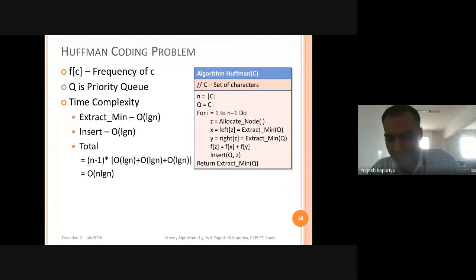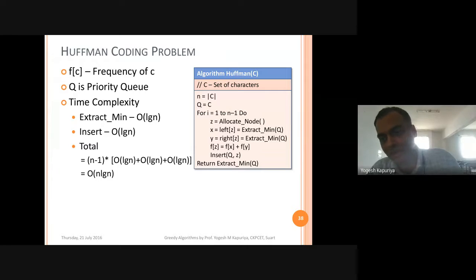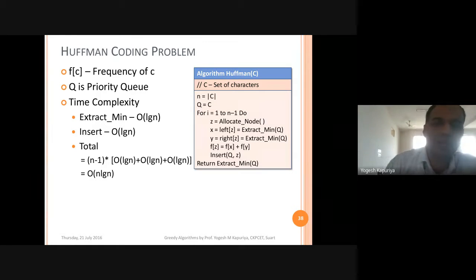Okay, basically this is a binary tree. Even when we talk about the heap, it's also a binary tree. So when you have a binary tree, and if there are n elements, then the height of the binary tree is lg n. lg stands for log to the base 2. So most of the time the binary tree height is lg n. So whenever you want to insert or build a heap, the time complexity of that is lg n. So this is what we have written over here.